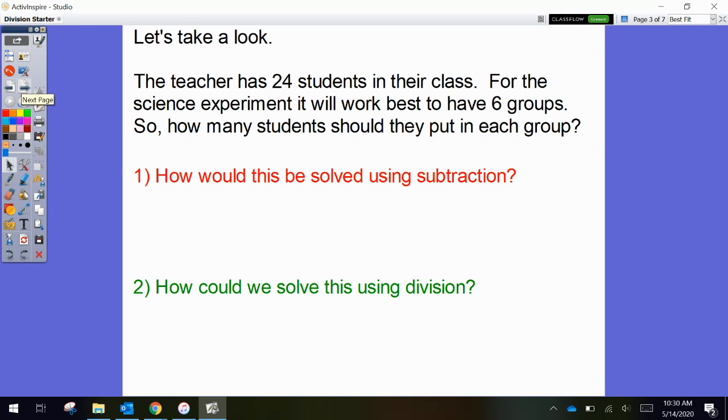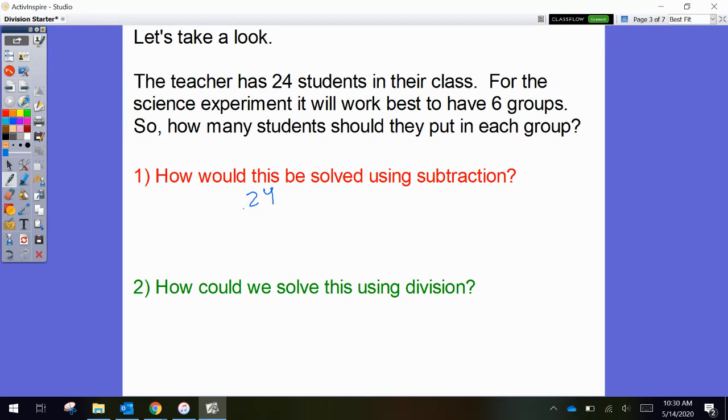All right, first, let's take a look. The teacher has 24 students in their class. So imagine that 24 students sitting in a class. For the science experiment, it will work best to have 6 groups. So how many students should they put in each group? Now, if I were to solve this using repeated subtraction, here's what I would have to do. I would have to start with 24 and start subtracting 6 to see how many groups of 4 that would